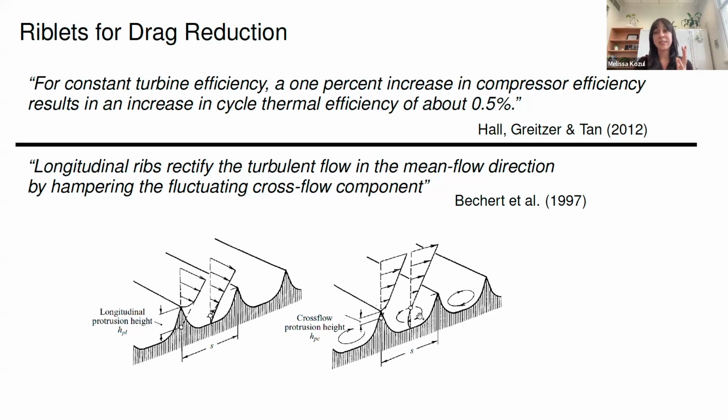There's still some debate in the fluid mechanics community as to how exactly they work, but the main theory is that they are stopping the fluctuation of the flow in the transverse direction and therefore helping to reduce drag. Some people take inspiration or link this to shark skin. If you look at shark skin under a microscope, it has many other features, but it does have a dominance in line with the way the shark is swimming, these kind of ridges on it